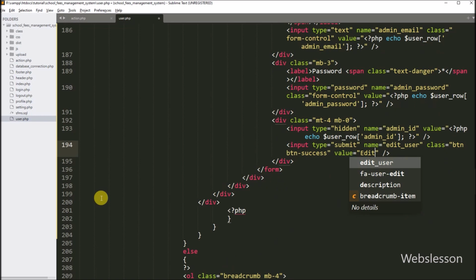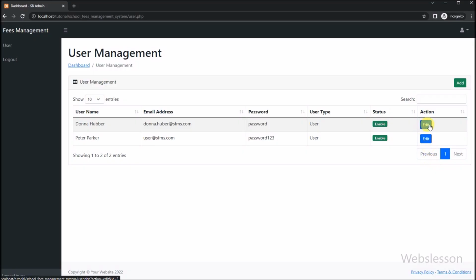After this, we change the submit button name from add user to edit user, and the value changes to edit from add. Now here, we click on this edit button link, and after clicking the link, we can see that